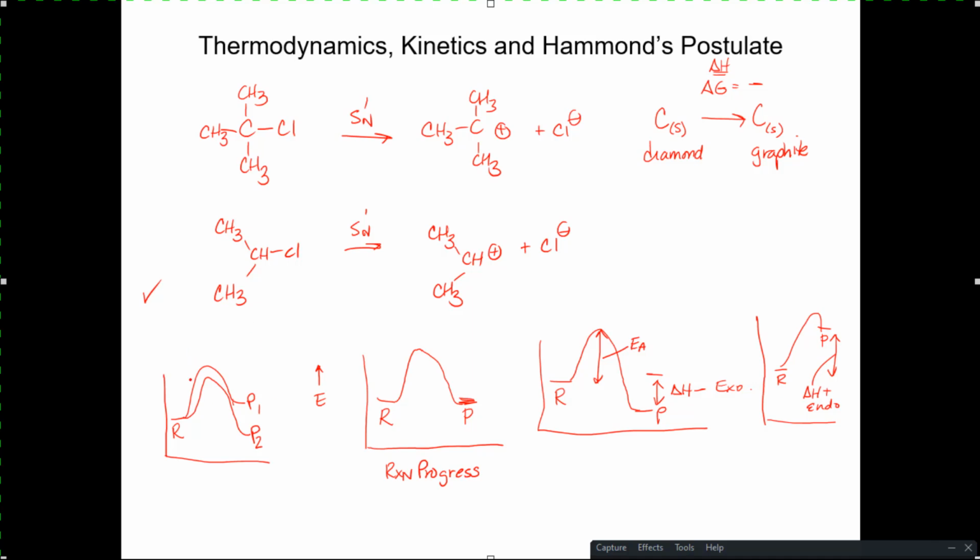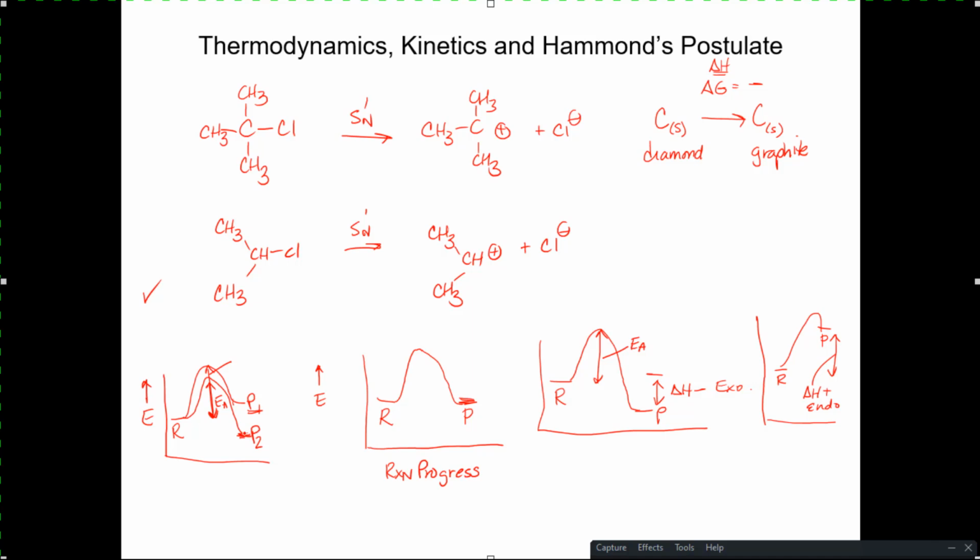What Hammond found was, and I'll show you a video in a moment with a piece of paper that kind of illustrates this, that as the product gets more stable, the activation energy becomes less. So when the product becomes more stable, you get a lower activation energy than if the product is higher in energy. And remember, in all cases, the lower the energy, the more stable